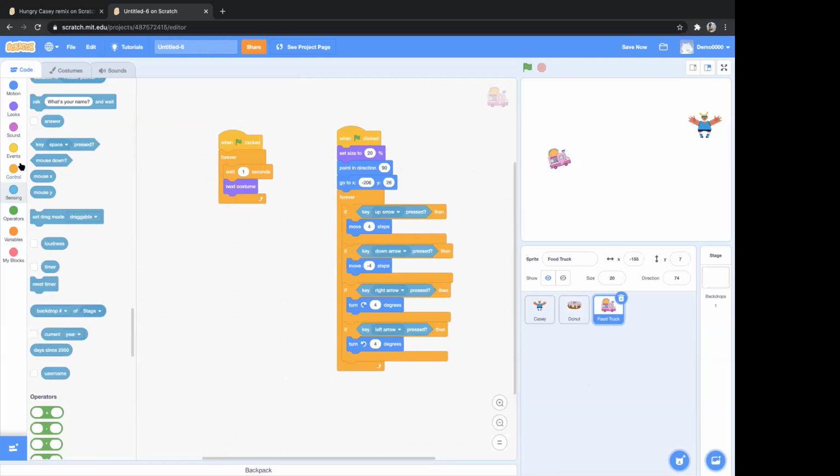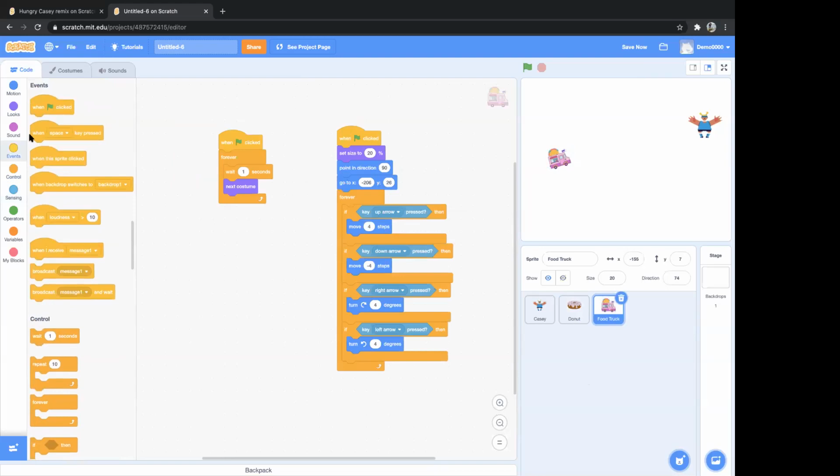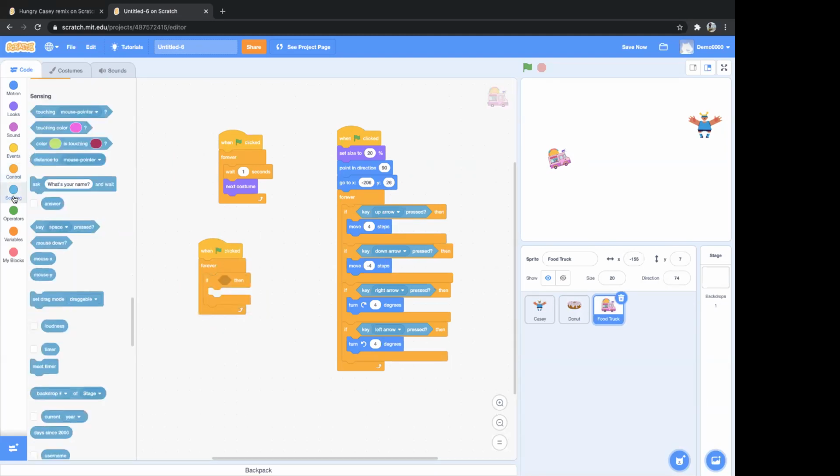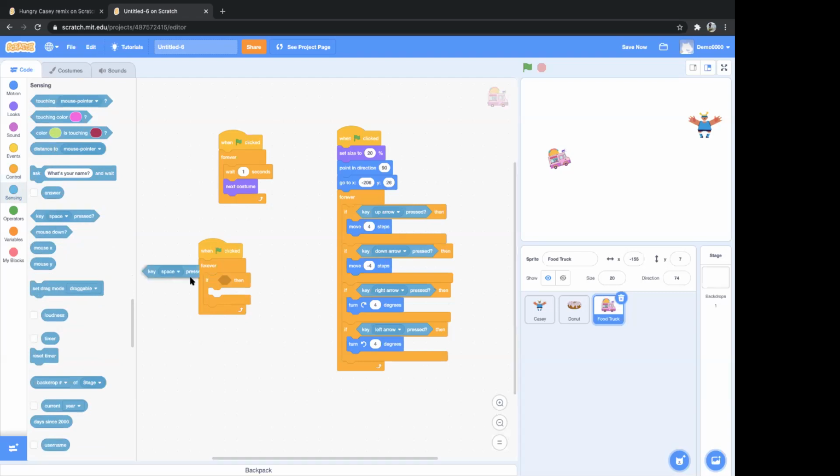So again, we'll create a script. We'll go to events, use when green flag is clicked. Okay. And then go to control, use a forever block. Forever, and then give a condition using an if statement. If, then we'll go to sensing and use the block key space pressed. Okay. So when space key is pressed, what we want